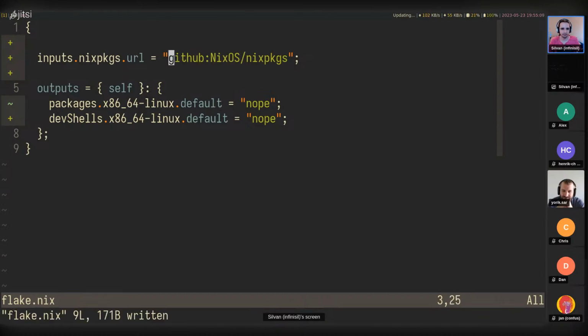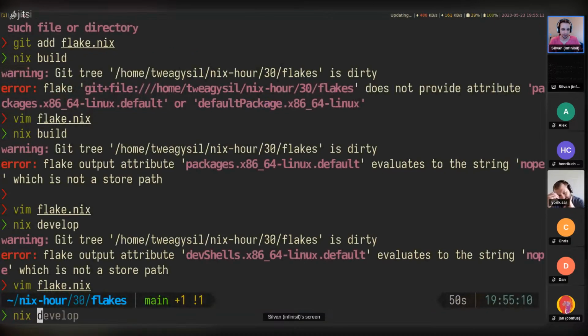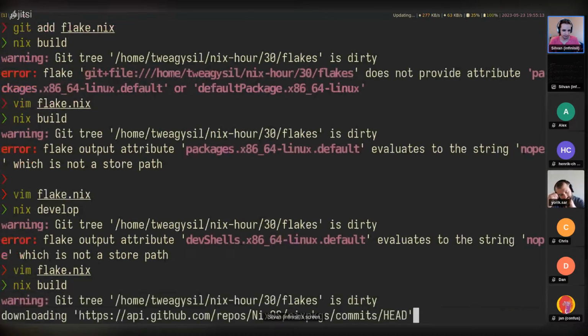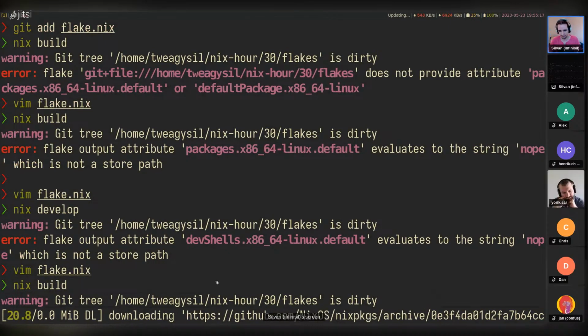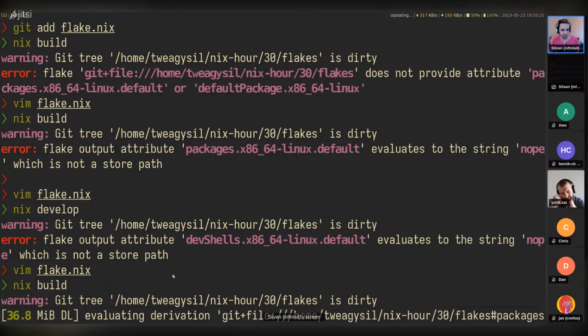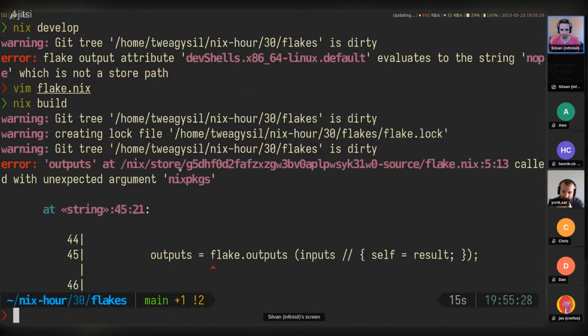In this case, no pinning has happened yet, but the first time we do a nix build here, it's going to fetch nixpkgs. It integrates with GitHub, so it has some smart behavior about when it needs to update things.